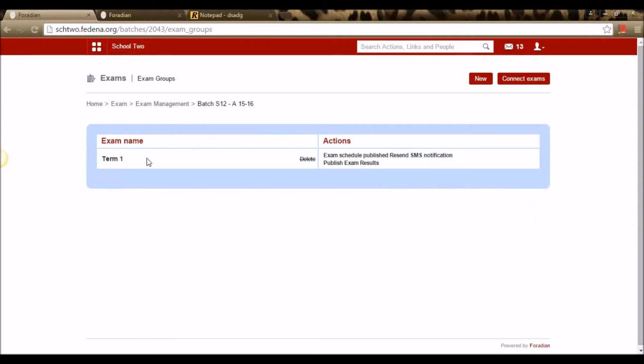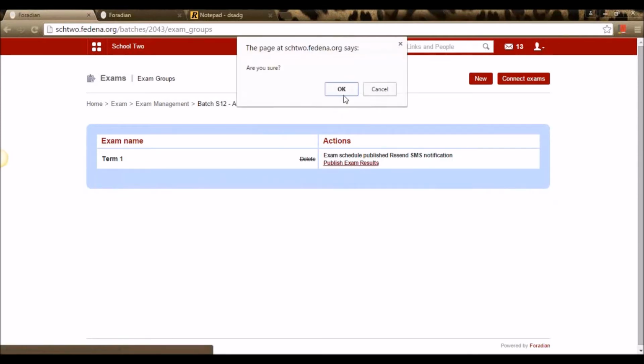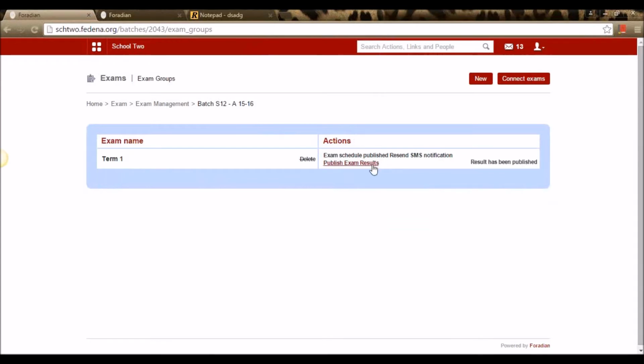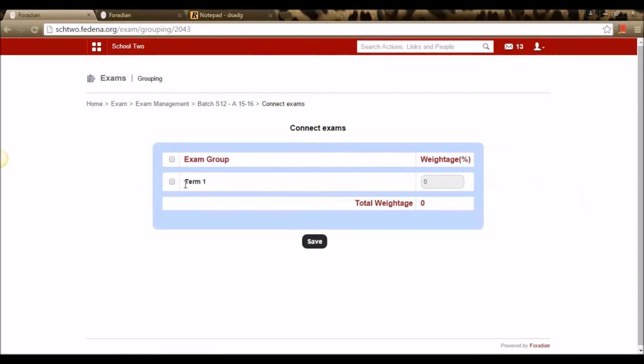Now I've created exam 1 and given marks to that. Let me publish the exam results. Once the exams are created and published, you can give an option to connect exams. Now since I have only one term in this course, let me select it and give a weightage as 100.